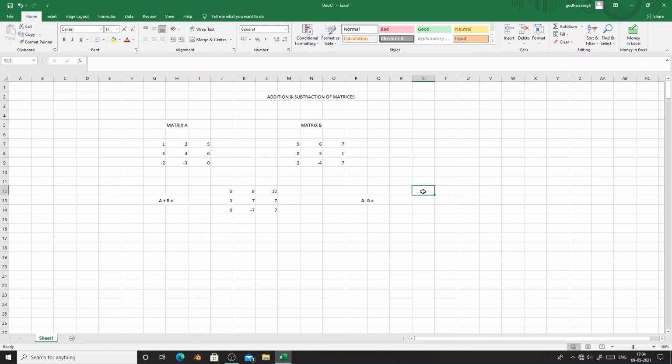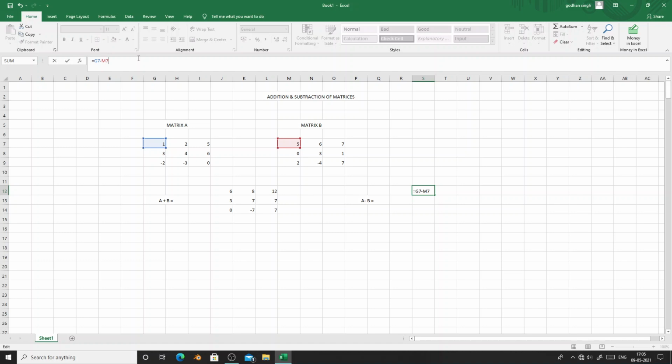So what we'll do here is click on the first element of matrix A. But for that, first of all you will have to write equal to in the cell. If you do not write equal to, it will not work. So write equal to, and then click on the first element of matrix A, and then whatever we are writing here, you can see that will be represented here also. Then next press minus, and then click on the first element of matrix B. So here I think it is equal to, so just doing the correction, press minus. So this is minus, and now same as A plus B, we will press Control Shift and enter.